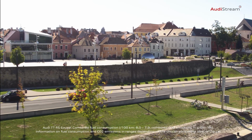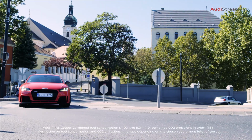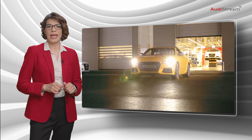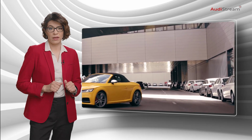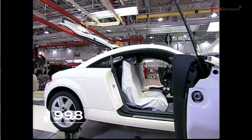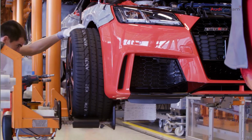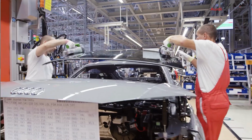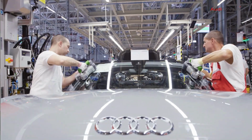The Audi TT opened up a whole new dimension in the sports car category. A new and spectacular chapter began in the life of Audi Hungaria, when serious production of the TT models began in 1998 in Europe. In 2013, we opened our vehicle factory, which covers the entire production and employs more than